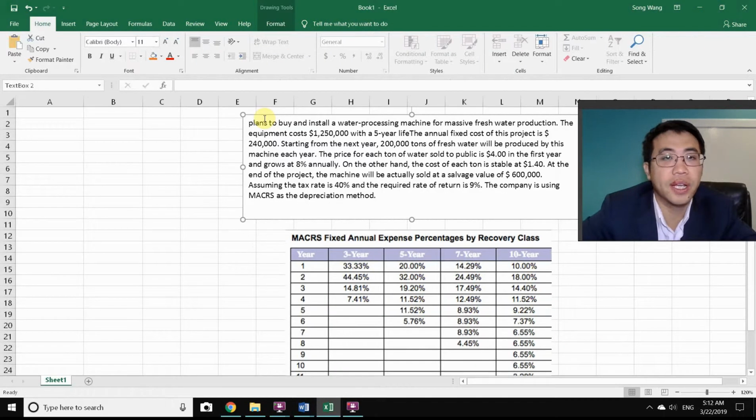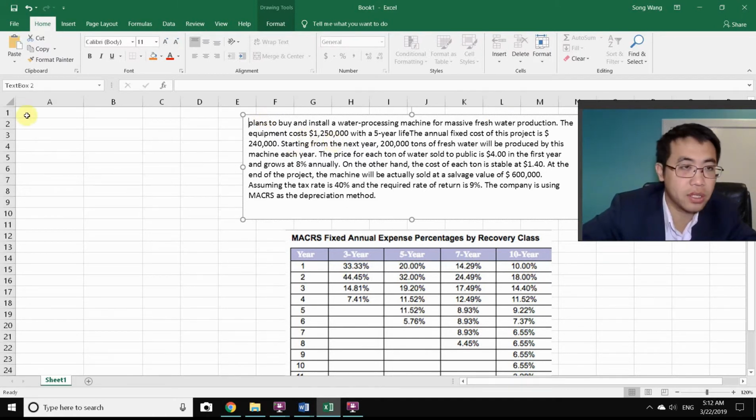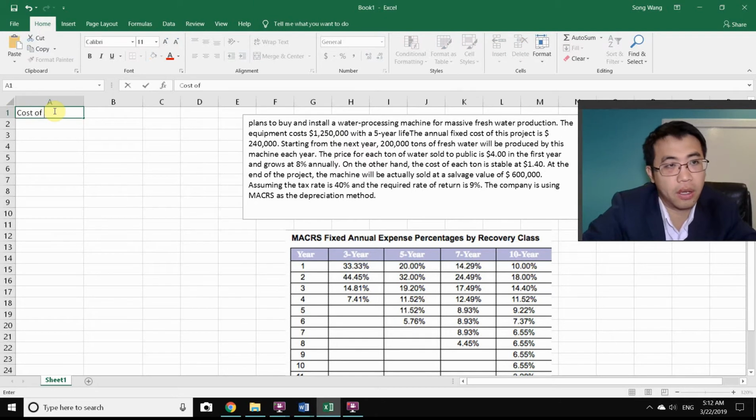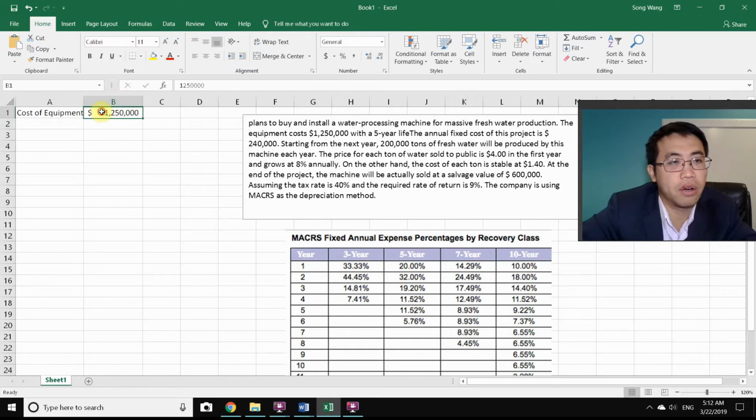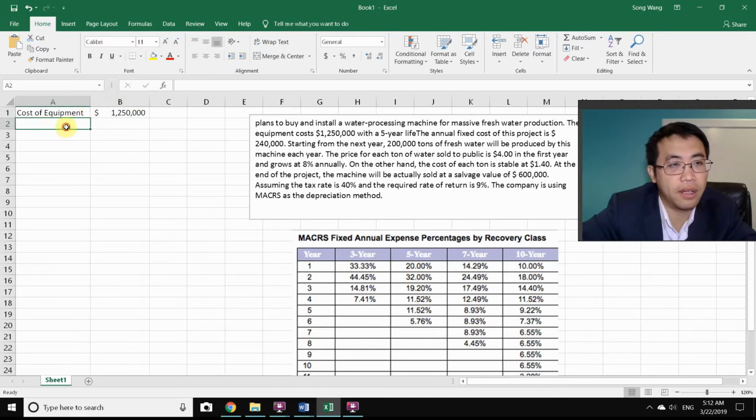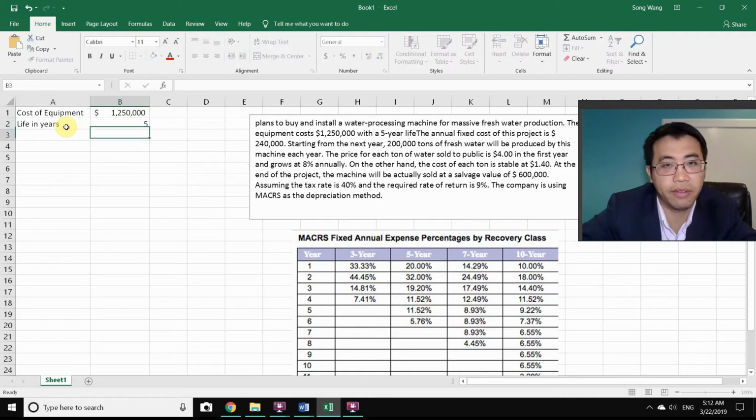So the first thing you're going to do is to list all the information mentioned in the context. So the first number we come across with is cost equipment. So let me just put in there. And that is $1.25 million. Okay, $1.25 million. Put in dollar figure. And you also have a life in years. So how many years does it exist? It's 5. And you also have the fixed cost,